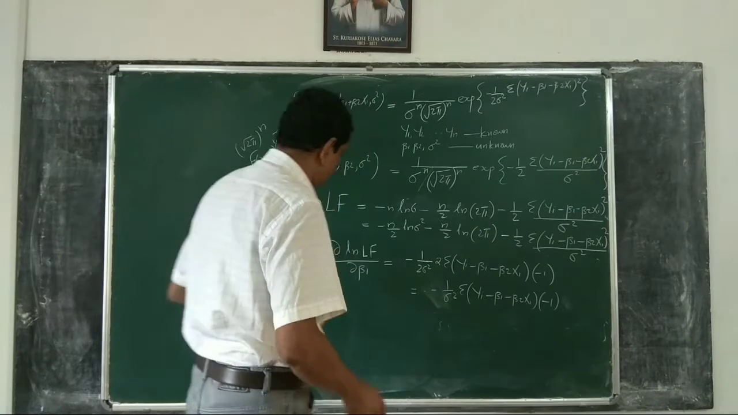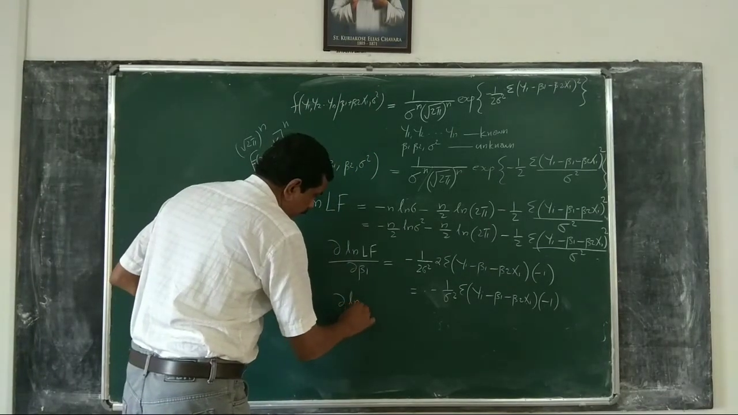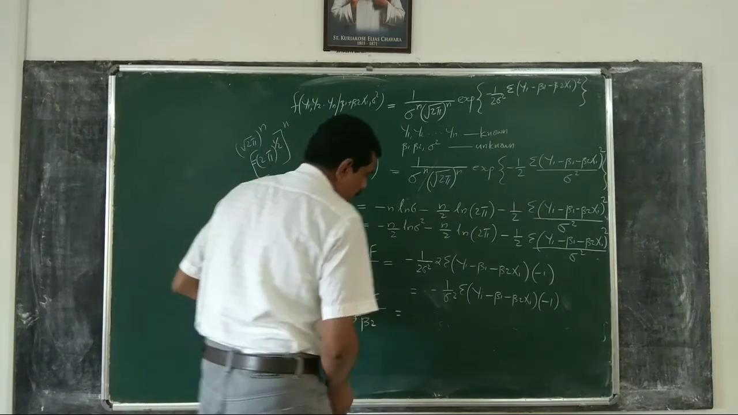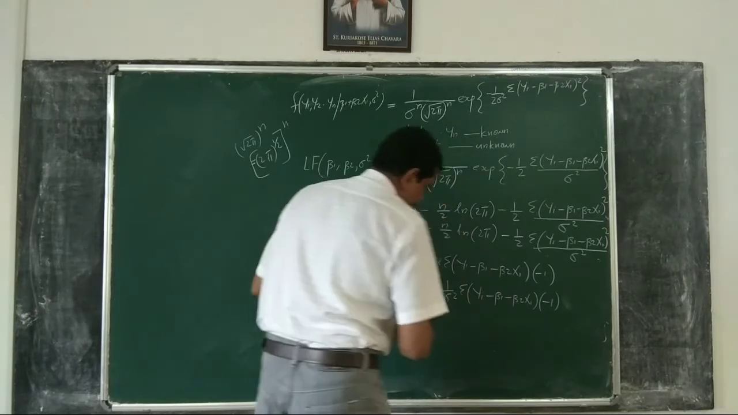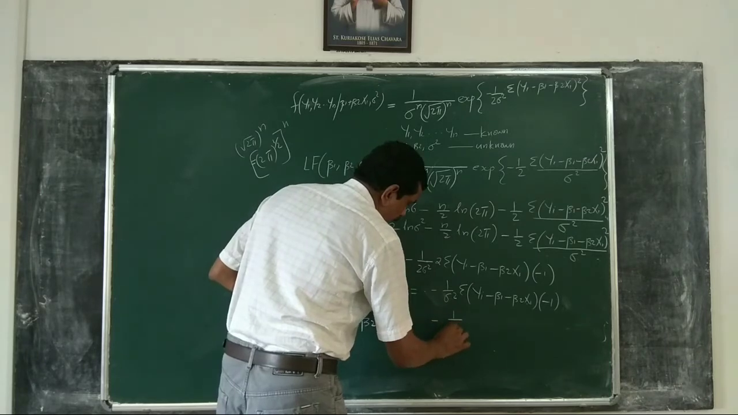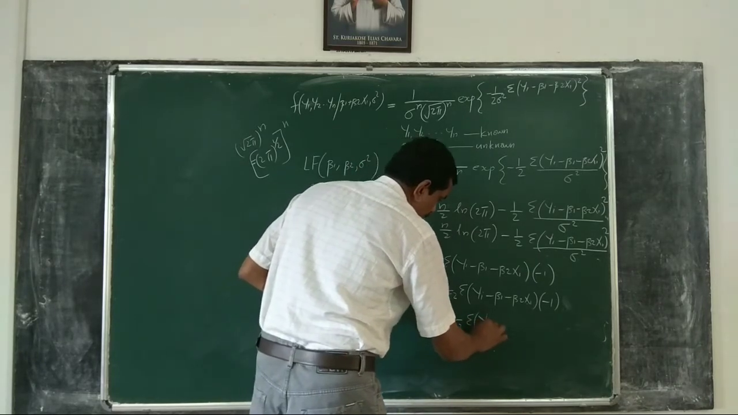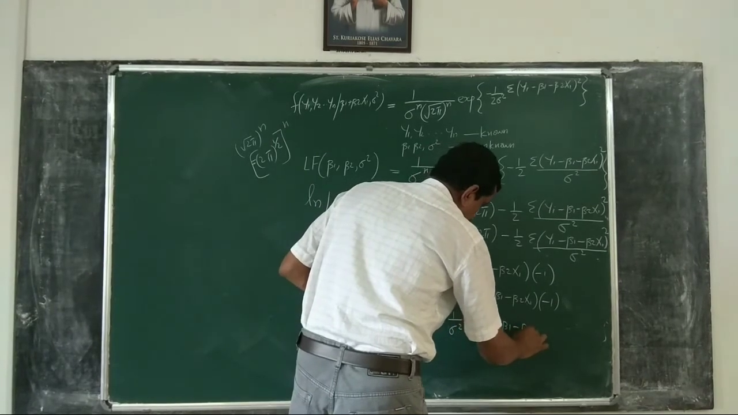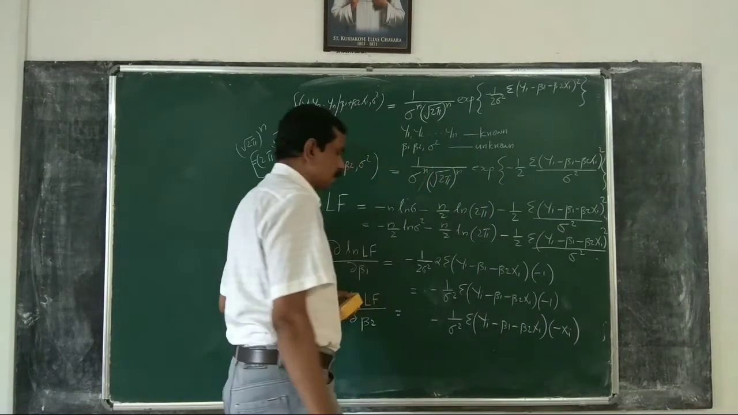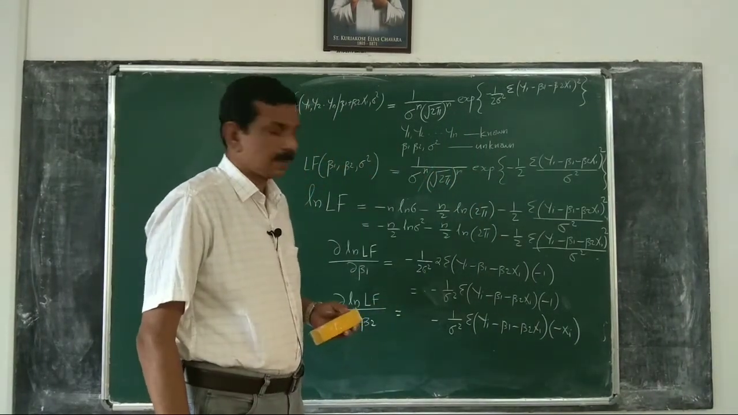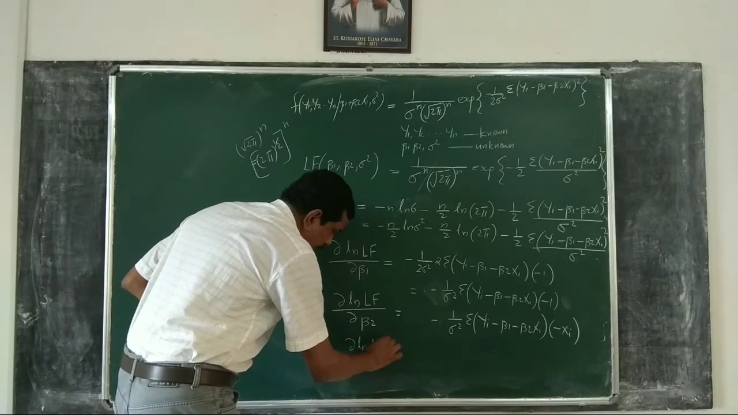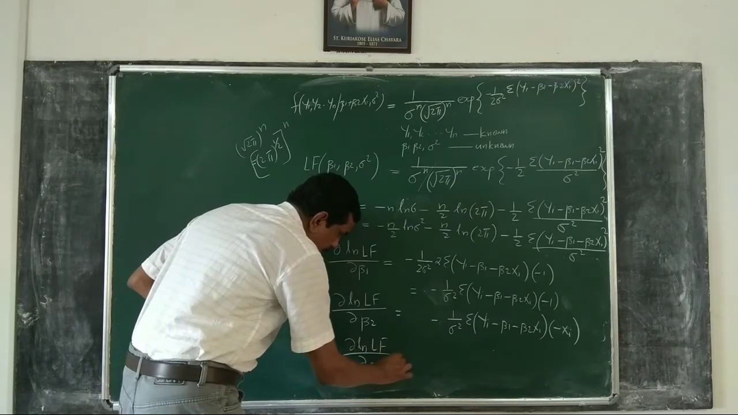Then dou ln LF with respect to dou beta 2 is equal to, skipping the first step, minus 1 by sigma square into the sum of yi minus beta 1 minus beta 2 xi into minus xi. Then dou ln LF by dou sigma square is equal to,